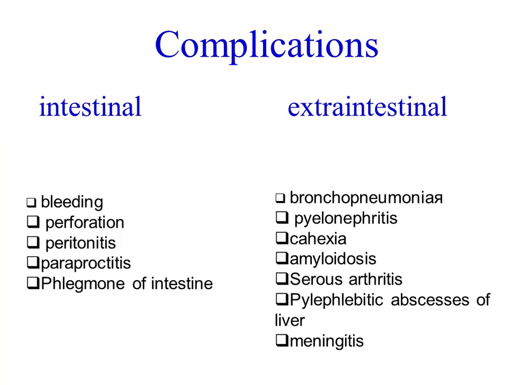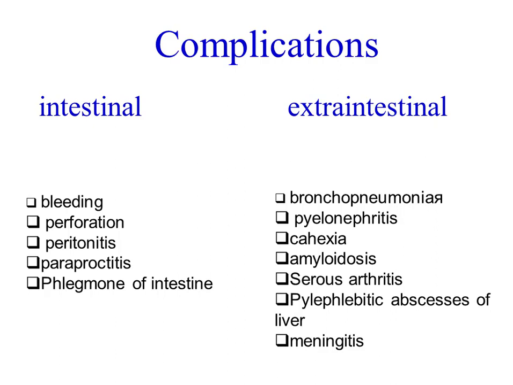Complications of shigellosis are also subdivided into intestinal and extraintestinal. Intestinal complications include perforation of the ulcer and subsequent peritonitis, or maybe abscess formation and phlegmon of the bowel. Intestinal hemorrhages or bleeding also can be present. To extraintestinal complications, we include